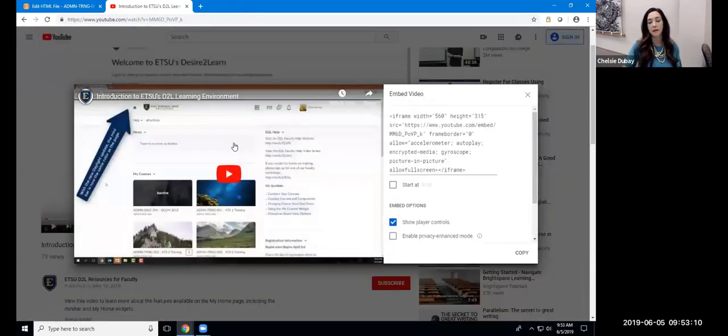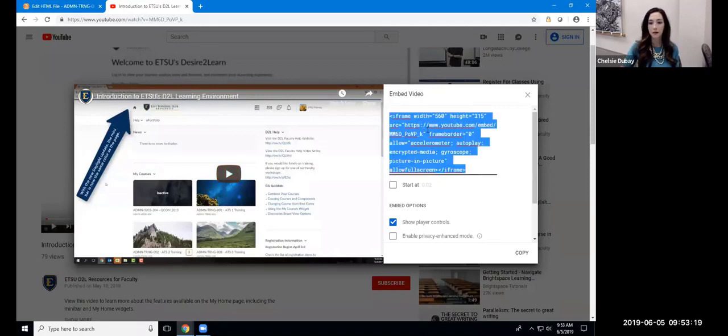Now keep in mind, this process changes often, so it may be different tomorrow, but just know that you're looking for the embed code. This is not something that you have to know. You don't have to know what any of this means. All you need to know is how to copy it. So I'm going to single click to select it, click the copy option,